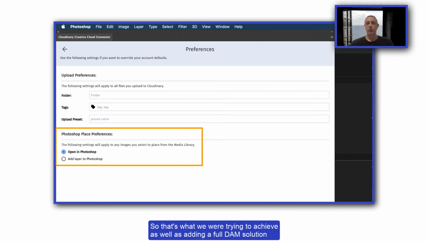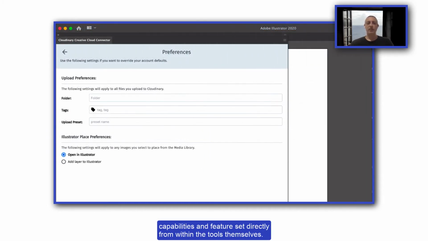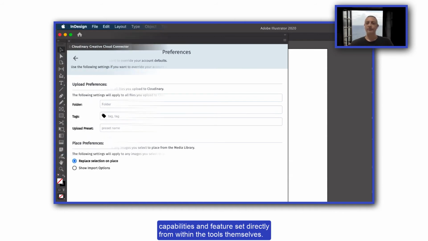So that's what we were trying to achieve, as well as adding a full DAM solution, capabilities, and feature set directly from within the tools themselves.